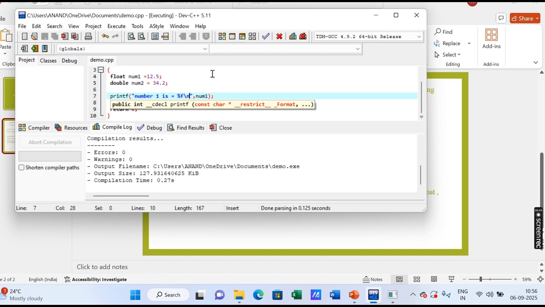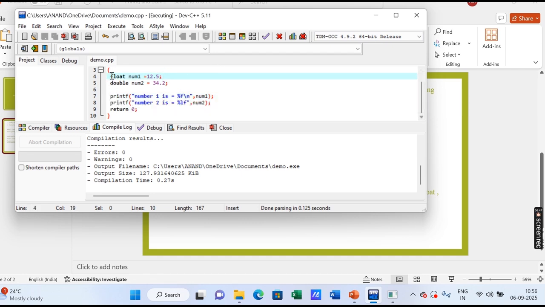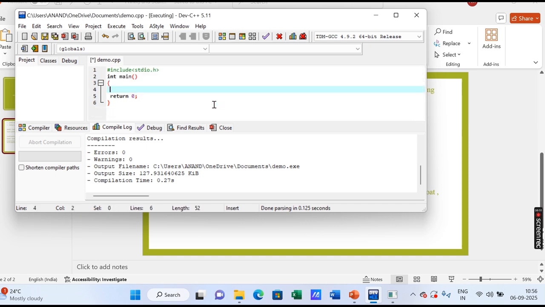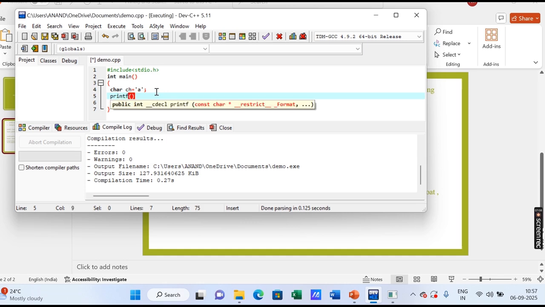Now let us see how to display a character using printf. So for that, again I will modify the same program. Now here I will declare one character. So let's say character ch is equal to, in single quote, I will give say a. So this character I want to display, and I will write a printf statement for the same. So printf